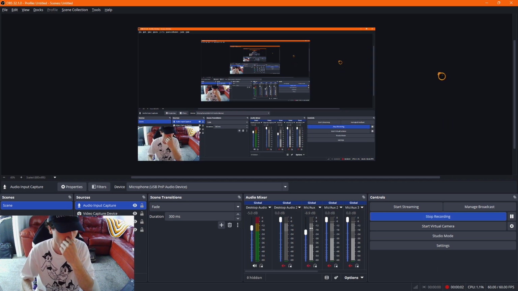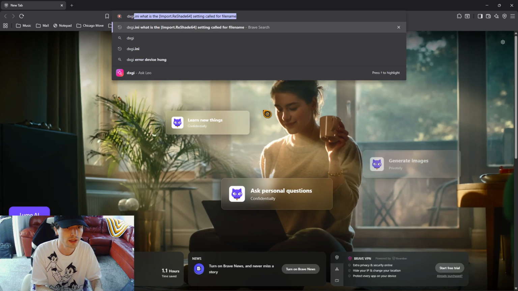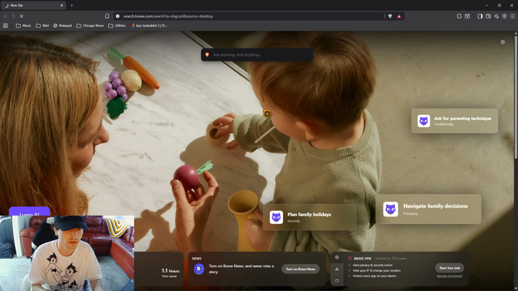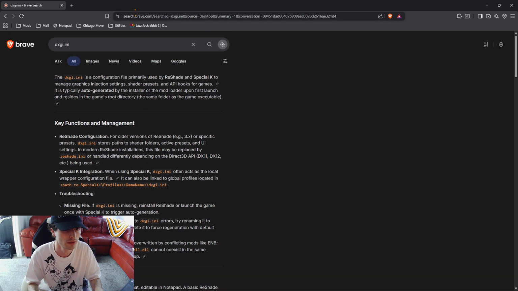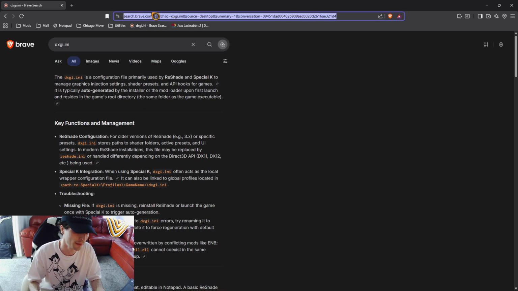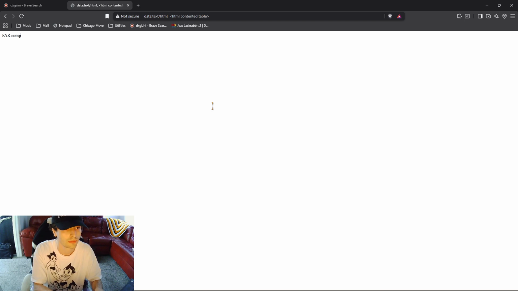Hello. Okay, so I wanted to show something more for myself to remember, but dxgi.ini, right, which corresponds to the DLL that is used for injecting into Nier Automata and stuff like that. There's an issue with FAR competing with ReShade, and which one will get dxgi.dll. So I found the fix is to first install or set up ReShade